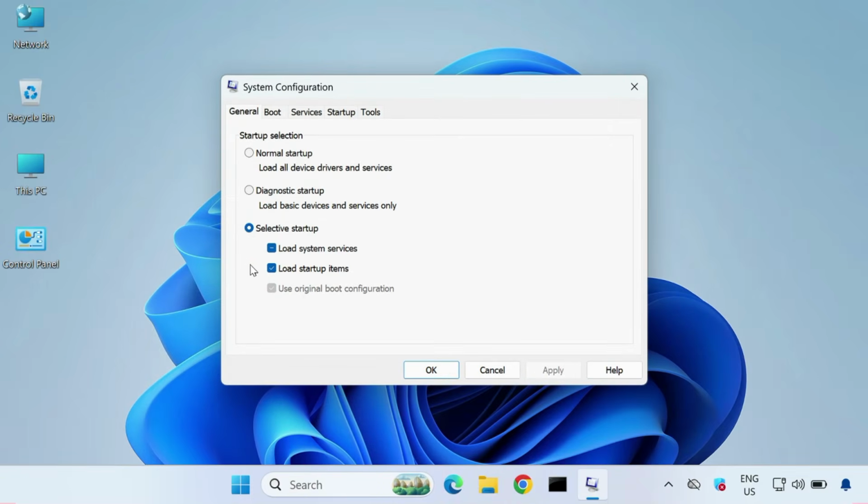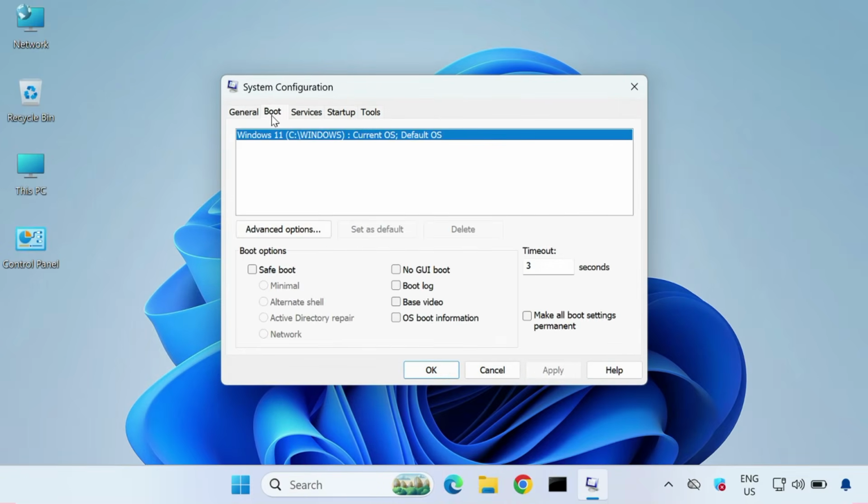After that, it will come up like that, and then you have to click Boot. After that, check Safe boot. Okay, Safe boot and Minimal. Minimal safe boot. If you check Network, it will come up as safe mode with